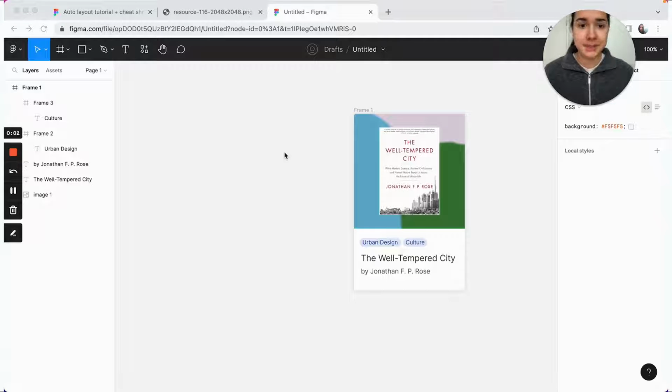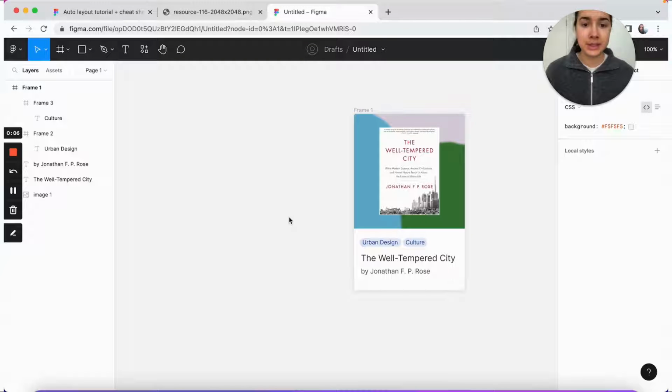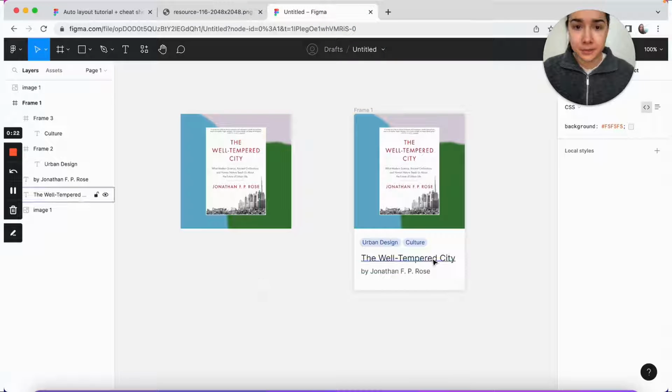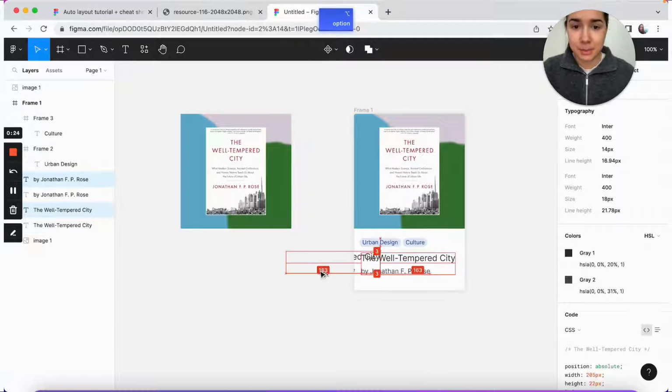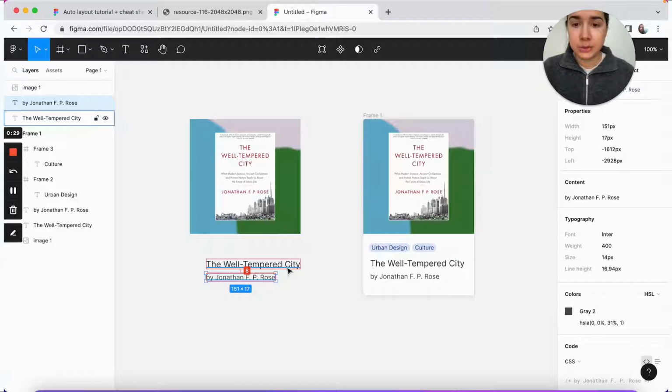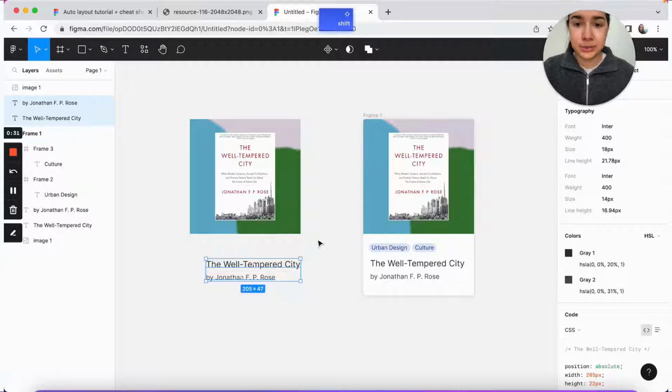I'm going to keep this first card right here for reference, and now we're going to take exactly the same steps that we did to create this card, but do it with auto layout instead. So first I'm just going to copy the image, have my image here, and I can essentially just copy these two text layers. And the first thing I'm going to do is put these ones into their own